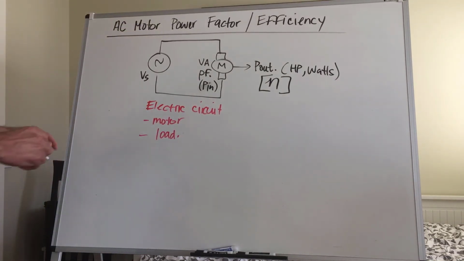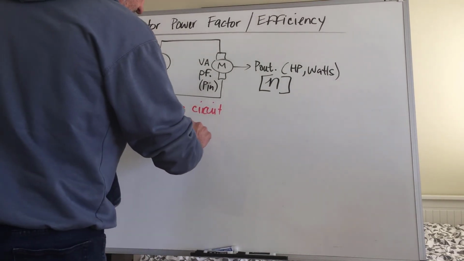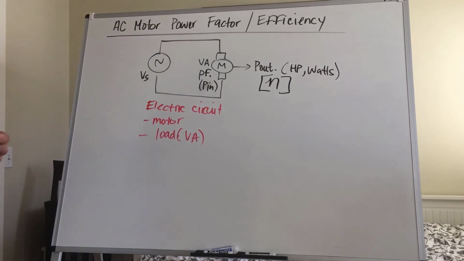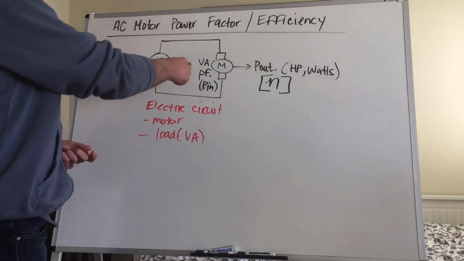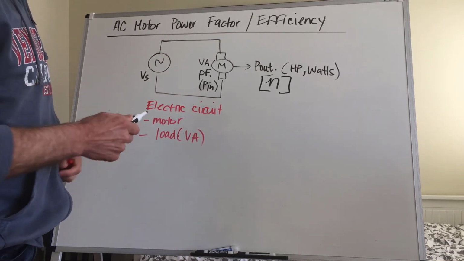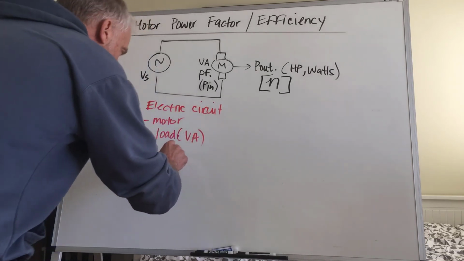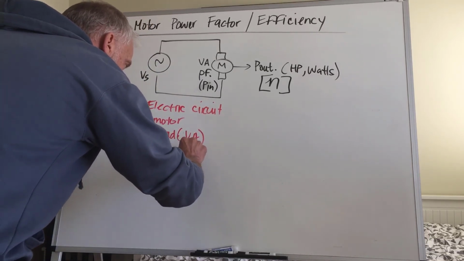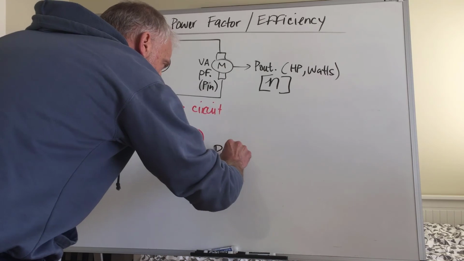That electric load is rated as its VA value. And then, of course, within the VA value and the power factor, you would have a power triangle, right? So as far as the motor goes, you would have a motor power triangle,